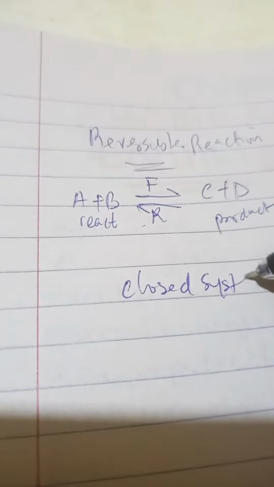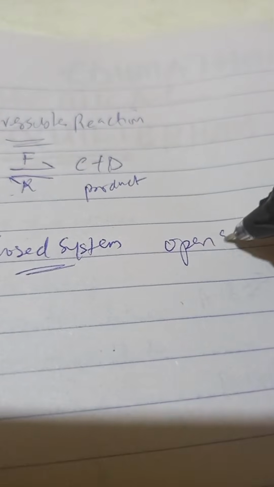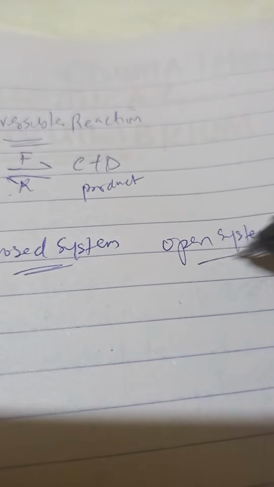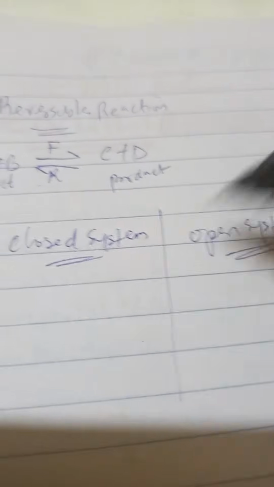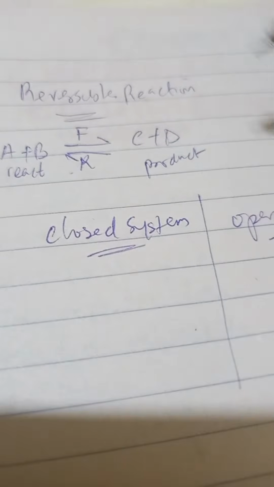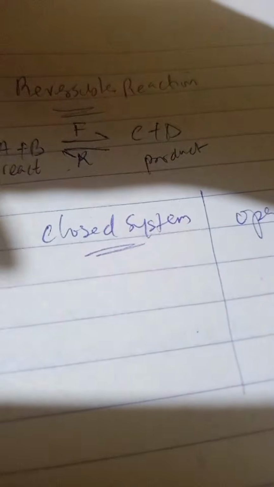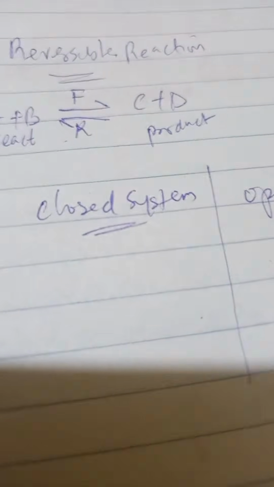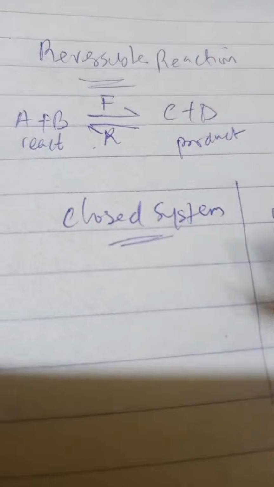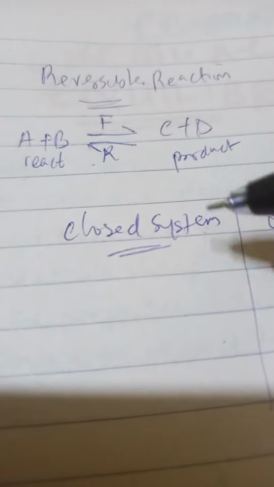Okay, now let's look at something called a closed system. So what's a closed system? You have two types of system. You have the closed system and you have another one called the open system. So what is this closed system? Let's talk about closed system first. So when a reaction, please pay attention, when a reaction, like a reversible reaction, like the one I just described earlier, reaches dynamic equilibrium in